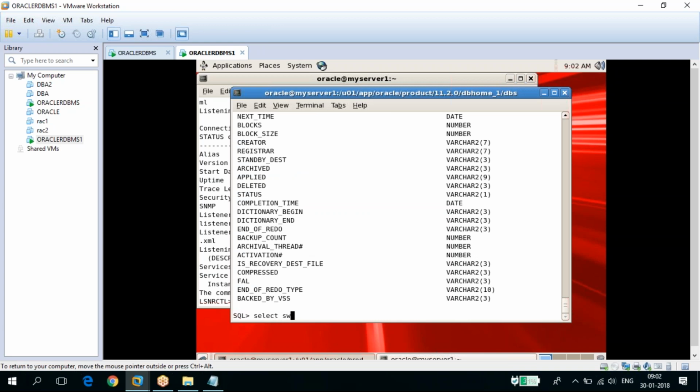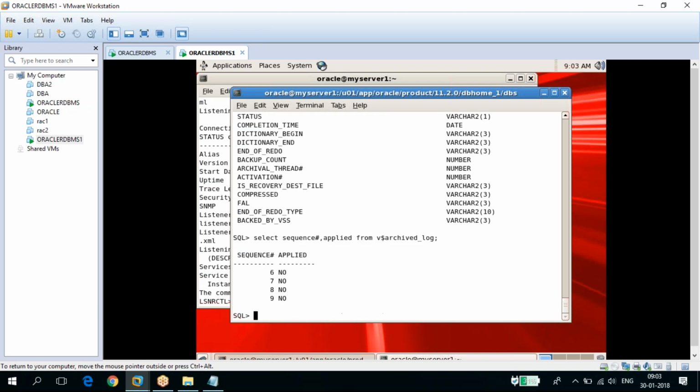So select sequence number, applied from v$archived_log. So you can see here 6, 7, 8, 9. All these logs are not applied. We have received the log file from this machine to this machine, but still it's not applied. So how to apply this log file? If you want to apply, you have to fire this command: alter database